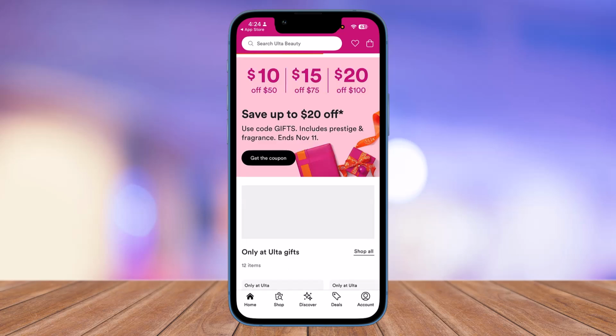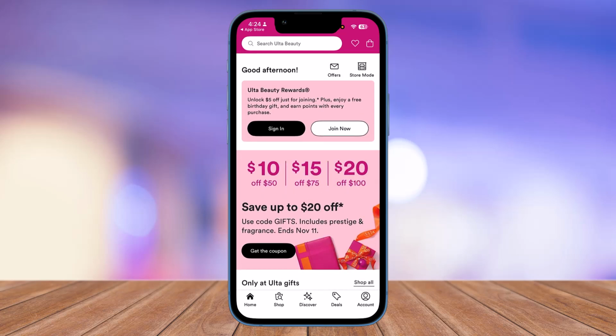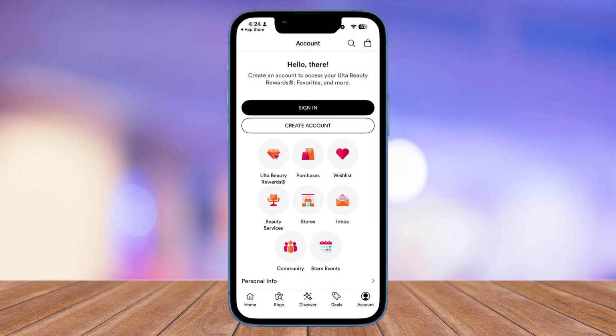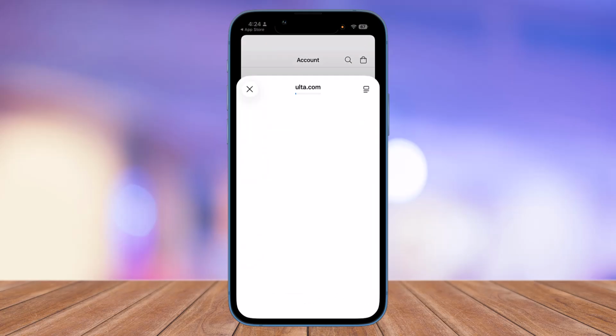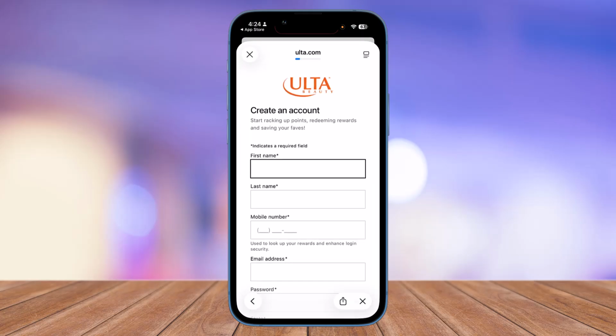Now, once you've done that, you're going to be taken to this page right over here. On the bottom right, there is going to be this account icon that you want to click on and then click on create account. Finally, once you've done that, you're going to be taken to this page right over here